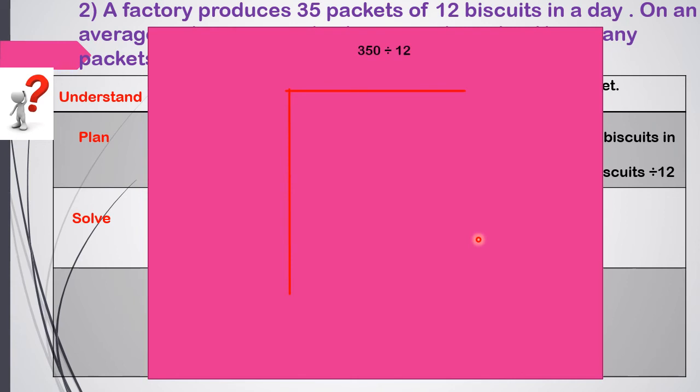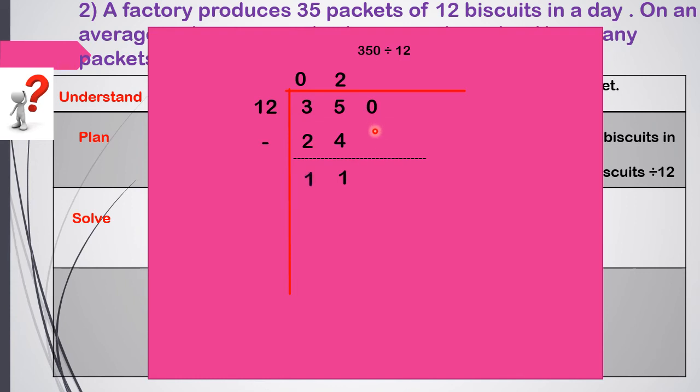Now we will divide. So 350, first we have to draw these two lines, then 350 as the dividend and the divisor 12. So the first number is 3. We can't divide 3 by 12, so we can add 0 in the quotient place. Then we can consider these two numbers, 35. So 12 twos are 24. So here 2, here 24. Then 5 minus 4, 1. 3 minus 2, 1. When we subtract these two, we get 11.